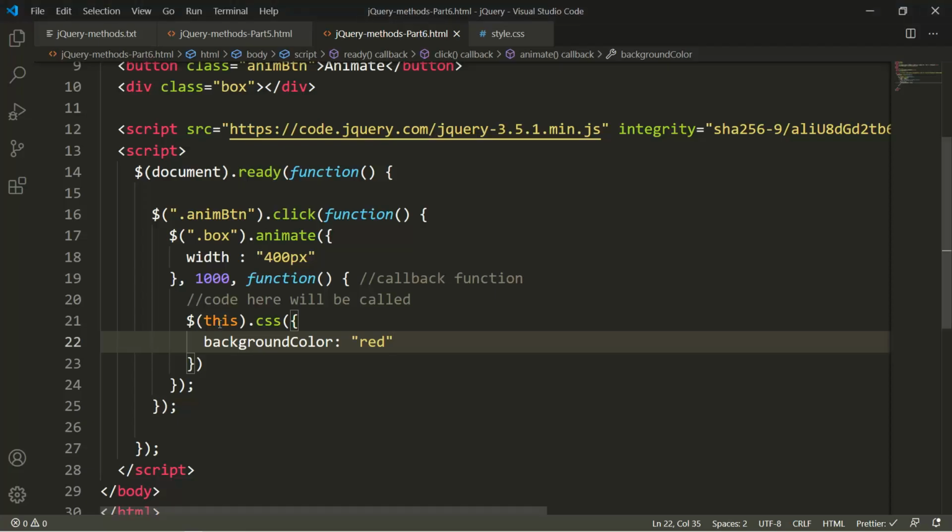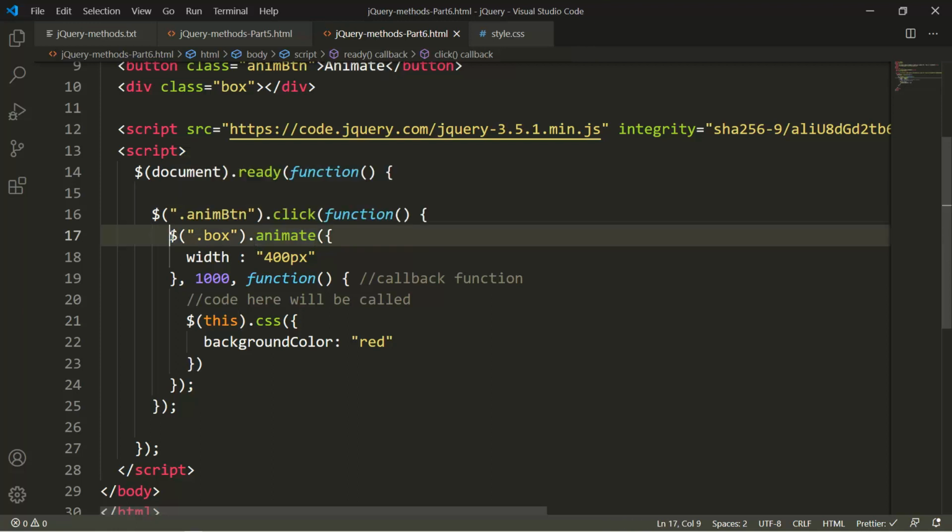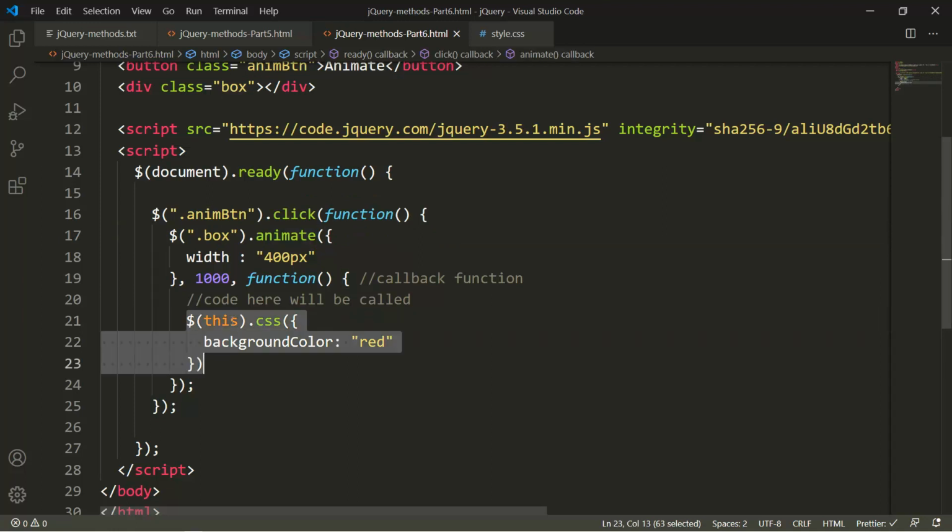This will always point to the element on which the animation was called. The animate method was called on $(".box"), so this will always point to the box element, not the animate button where the event is triggered. So in the animate case, $(this), which is inside the callback function, always points to the box. This is simple, right?